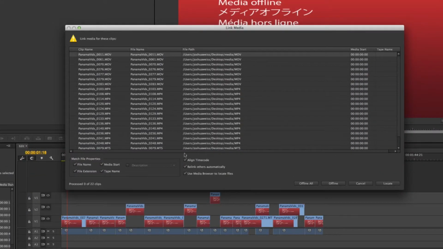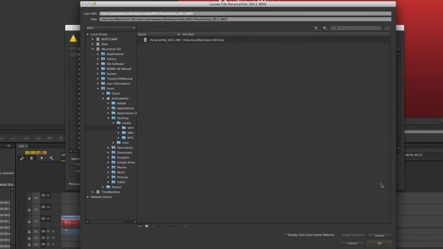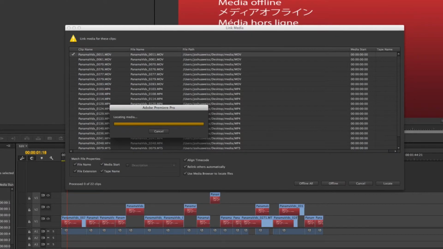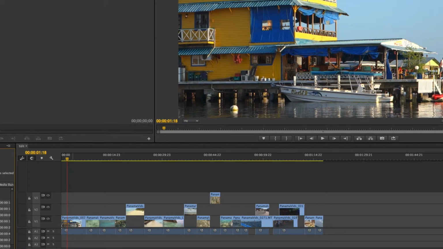And just like before, I could come in and I can either locate these, or if I hit locate, I can also use a new option called search, where it'll search all of my drives for these clips. But because it found the clip, I'm just going to hit OK. And then you'll notice it located everything else automatically for me because I had the checkbox that said, let me